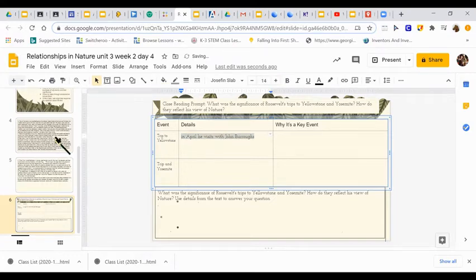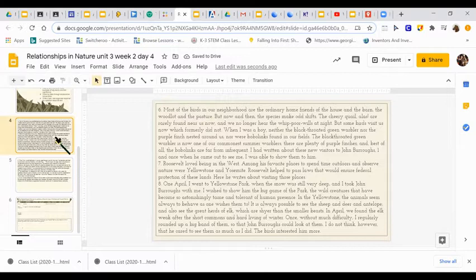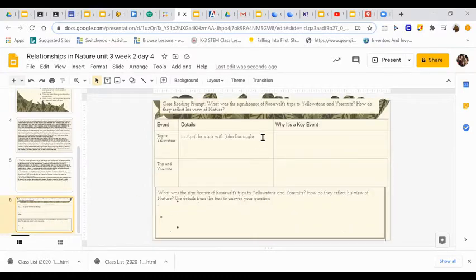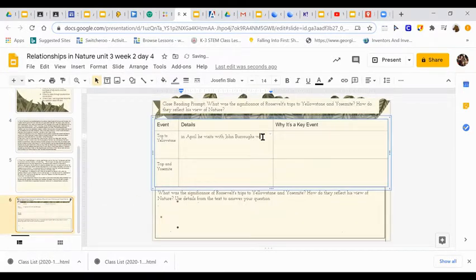Okay, and then it says he wished to show him the big game, where they saw, and I'm putting quotation marks around it,